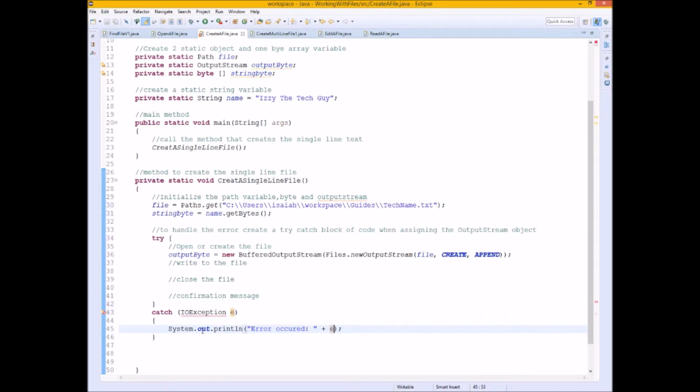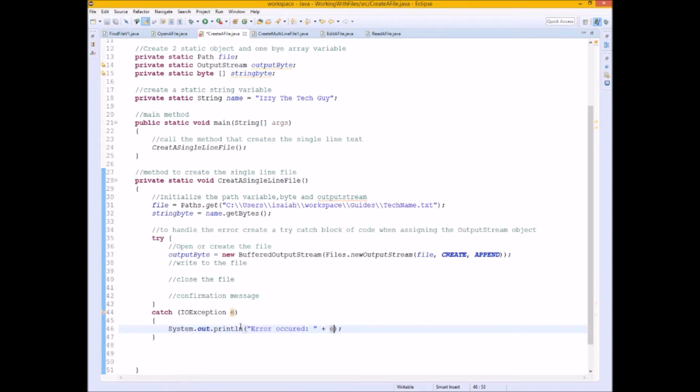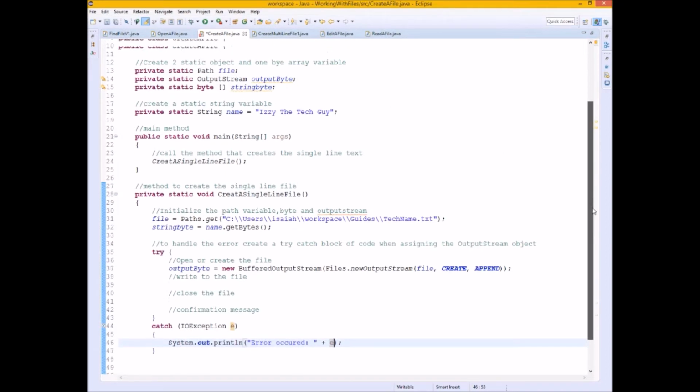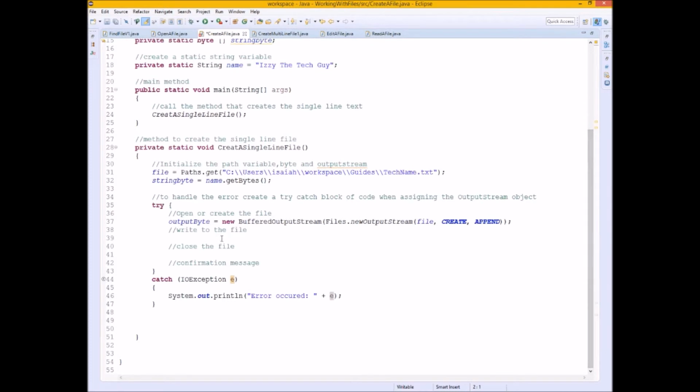And again, we have to import, so we'll come up here, put our cursor on there. This is import IO exception. Perfect. Let's scroll up and we see that it has been imported. Okay, so what we're saying is, go ahead and open or create this file,